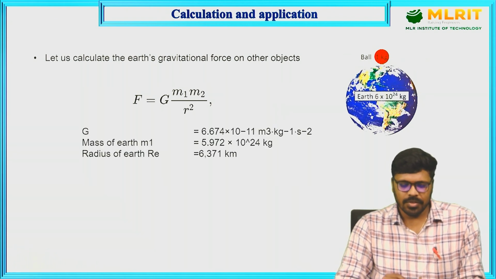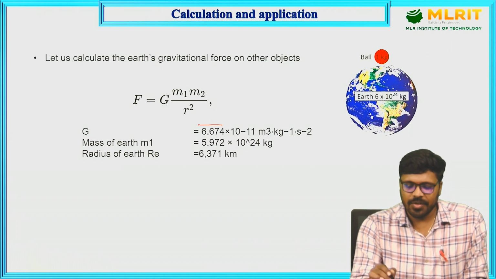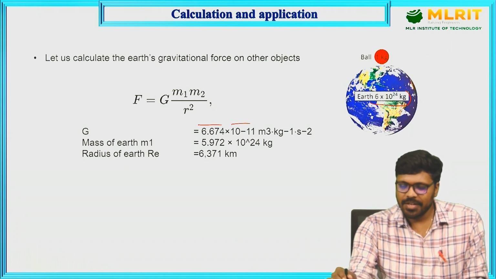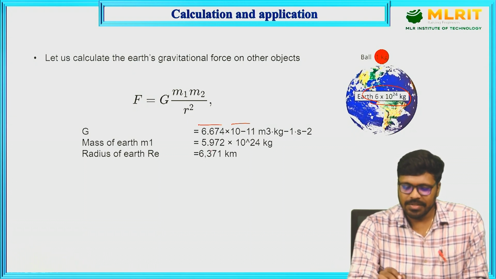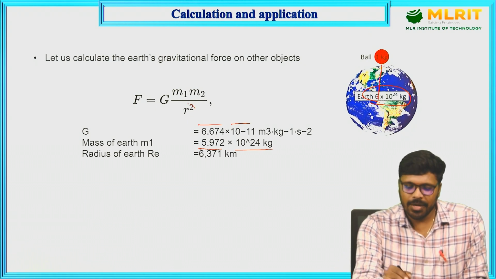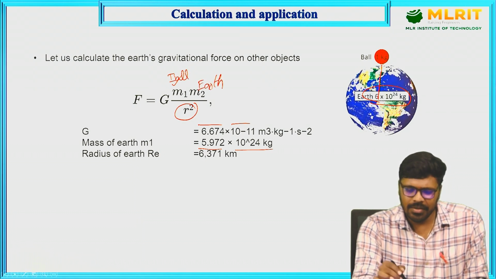Right. So here in the formula, the value of G is 6.674 into 10 to the power of minus 11, and the mass of earth is given here as 6 into 10 to the power of 24. This is the approximate value, and 5.972 into 10 to the power of 24 kg is given. And we need one more parameter called radius. This is the mass of ball, this is for earth, and this is the distance. So here this is nothing but the radius